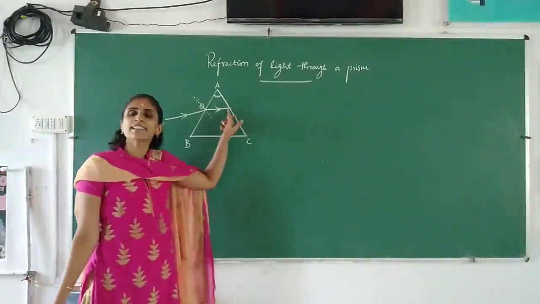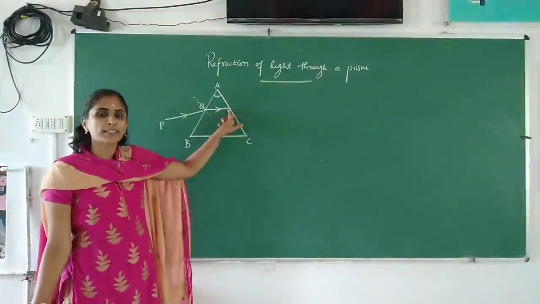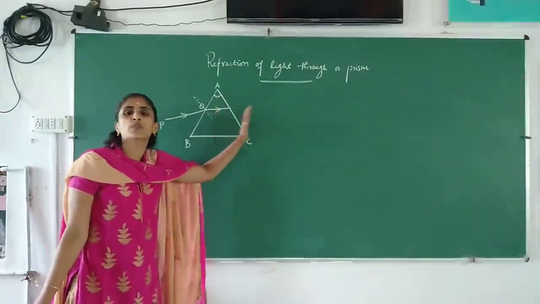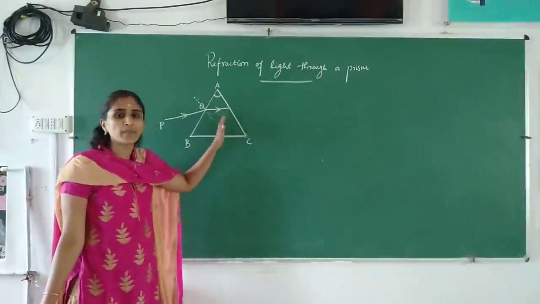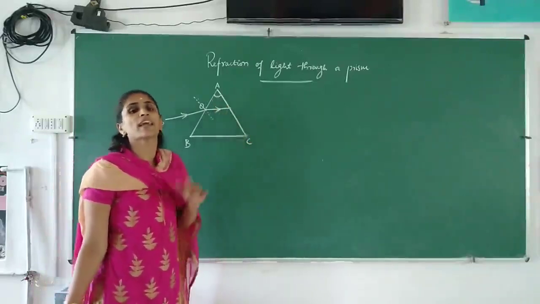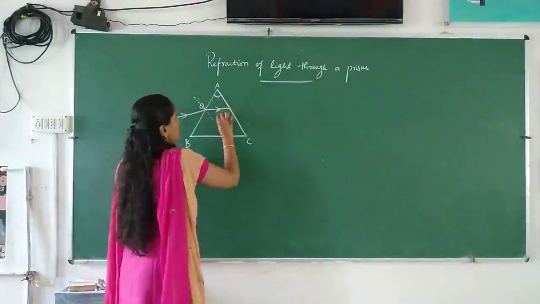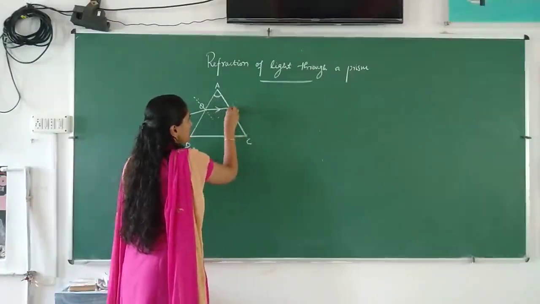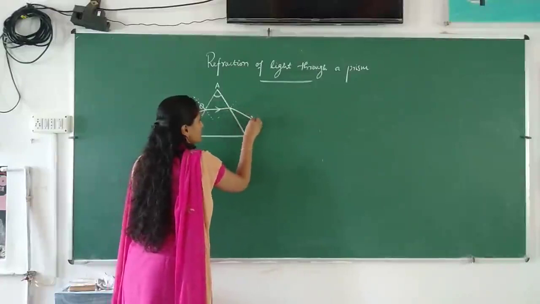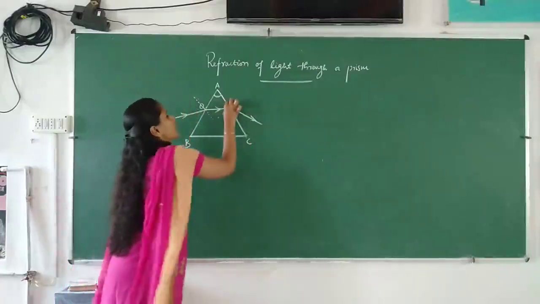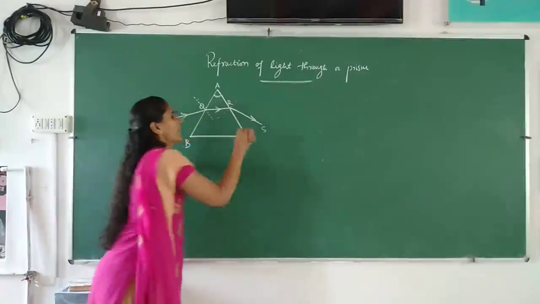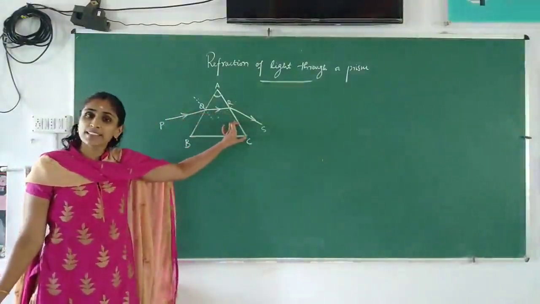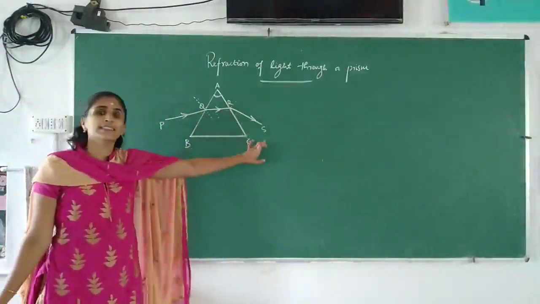Again, when it reaches this surface, what happens? At the surface AC, it is traveling from denser to rarer medium. Since it travels from denser to rarer medium, it will bend away from the normal. If you draw the normal at this point, you can see that it will bend away from the normal. So we can say PQ is the incident ray, QR is the refracted ray through the prism, and RS is the